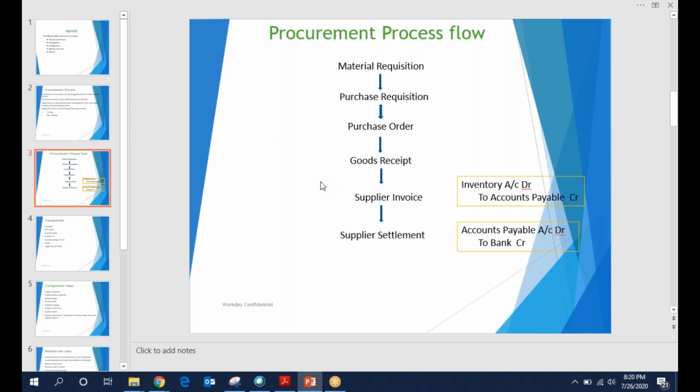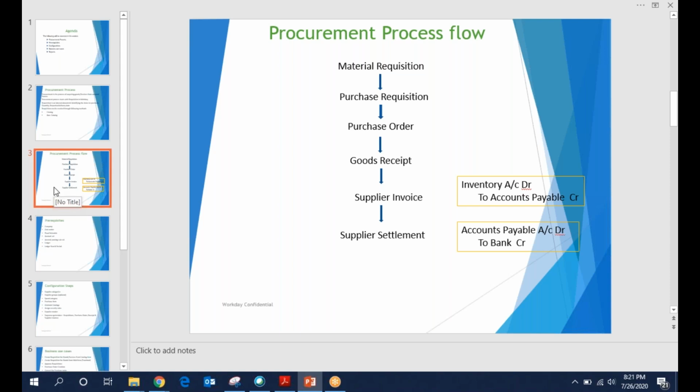Okay, got it. And the supplier invoice will generate an accounting entry, and then supplier payment. Payment can happen through supplier settlement.